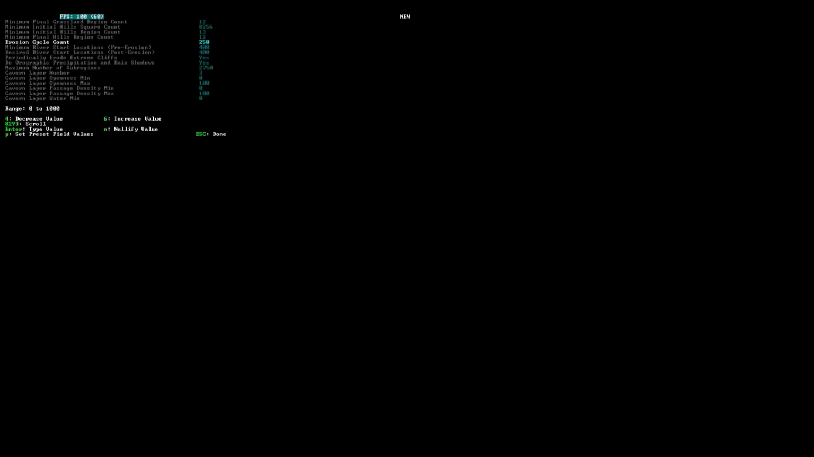So yeah. Next we have minimum river start locations, pre-erosion and post-erosion. The minimum desired river start locations is the minimum number of river heads that must exist before and after erosion takes place. The worlds will be rejected